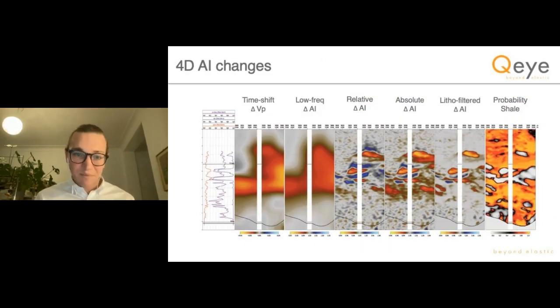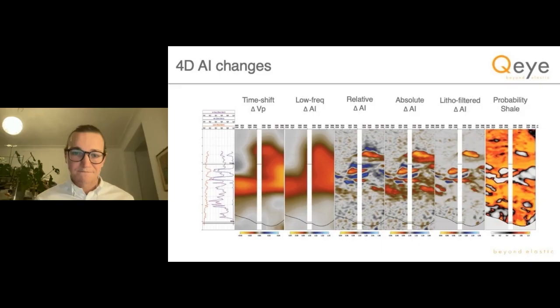And now the other component of the inversion, which is the change in elastic properties. What we have here is a fairly complex panel. What we're focusing on is the 4D change in acoustic impedance, which is one dimension of our AVO inversion. On the left-hand side, you can see the change in velocity. This is calculated by differentiating our time shift field. To the right of that, we have a resulting low frequency model for a change in